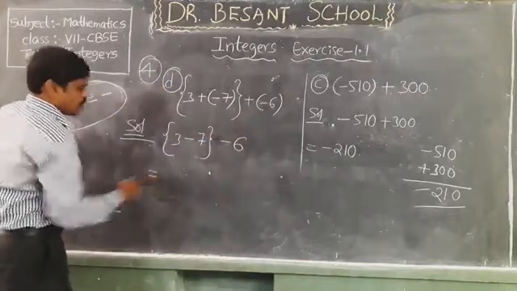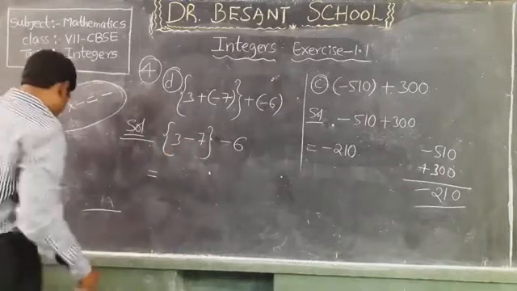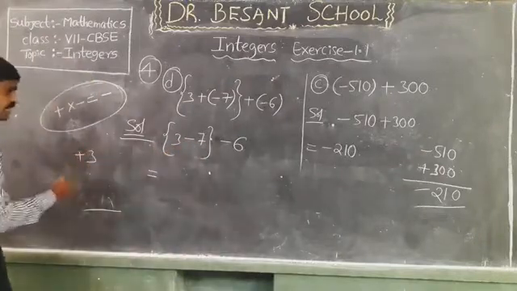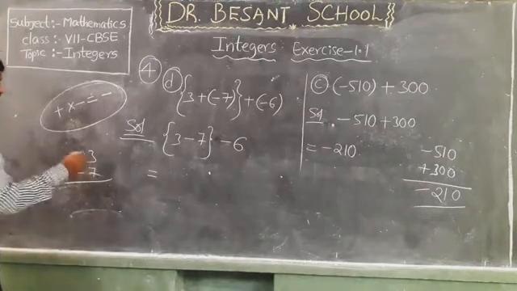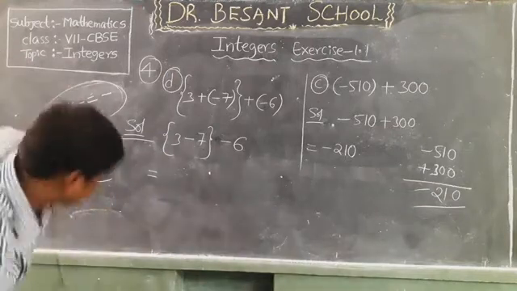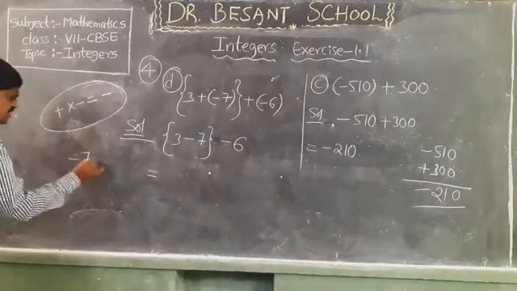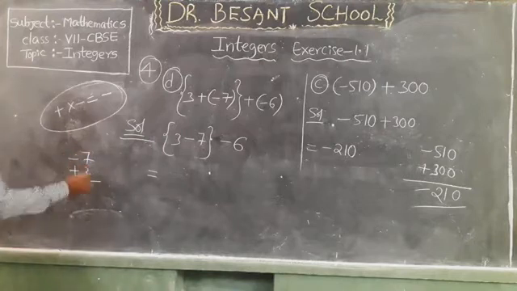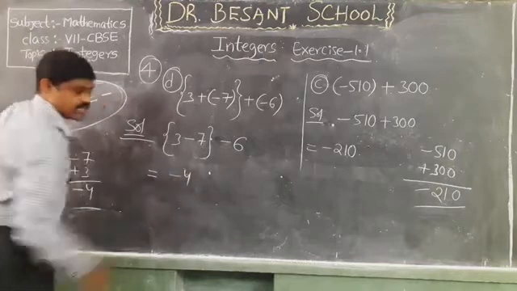Okay. Now first we will solve this. 3 minus 7. So this is plus 3. This is minus 7. We have to take the difference. So 7 and 3, what is the difference? If you get confused, then first write minus 7 plus 3. Then 7, 3, what is the difference? We know the difference is 4. So 7 has a negative sign. So minus 4.